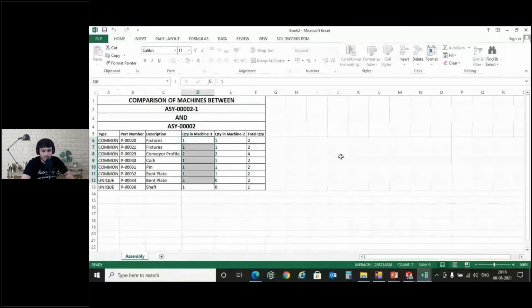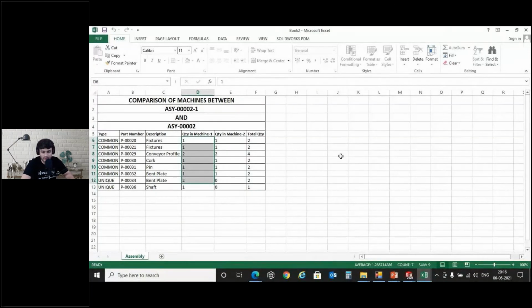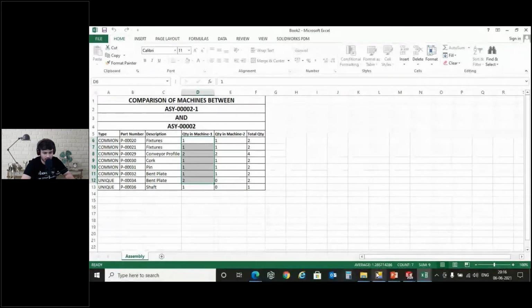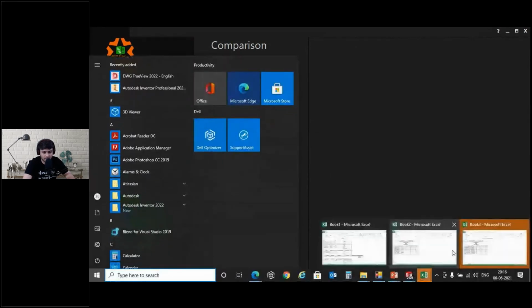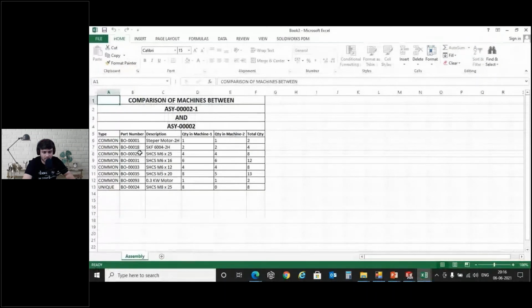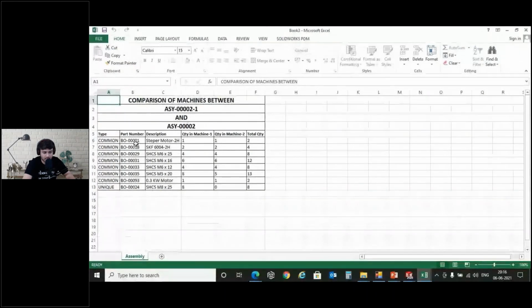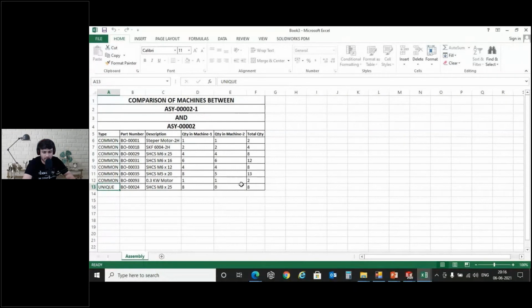Right? So this is a huge time saver, huge scrap saving, and a huge help in process and planning. So there you go. There are the common hardware items, and these are the common and the unique items. Now what benefit do I get out of it? Basically the purchase department, if you place a volume order, gets a volume cost benefit for the organization. Again, it's a saving.